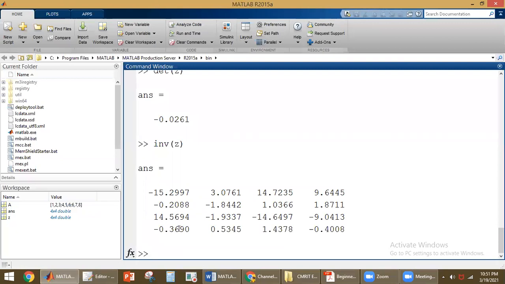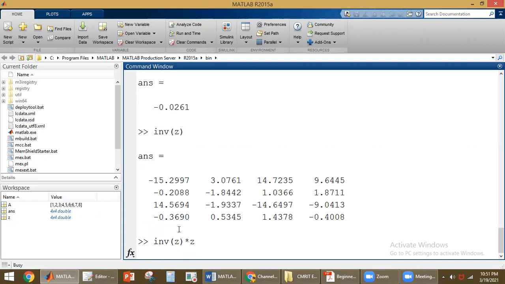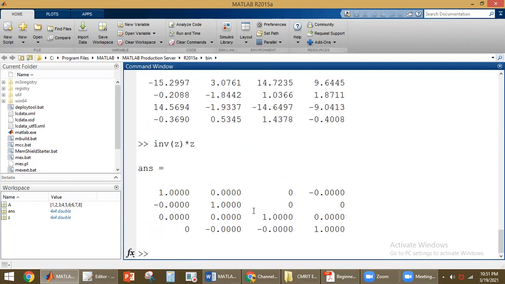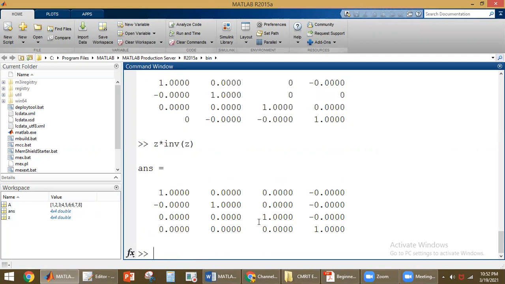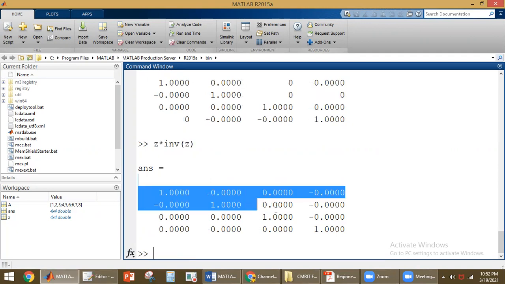So that gives you the inverse of Z. You know that inverse of Z into Z gives you what? Identity matrix. Now you check it here, we are getting the identity matrix. Similarly, Z into inverse of Z gives you the identity matrix. So we are getting the identity matrix here.